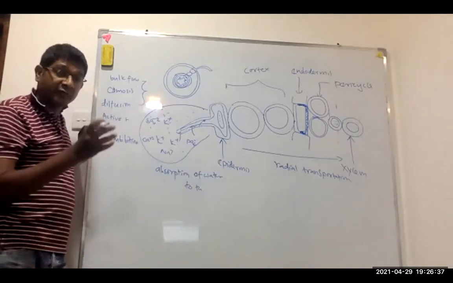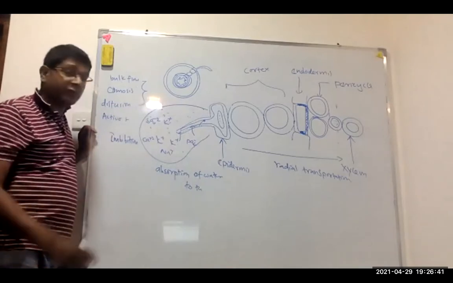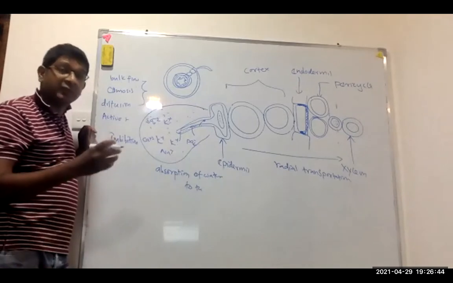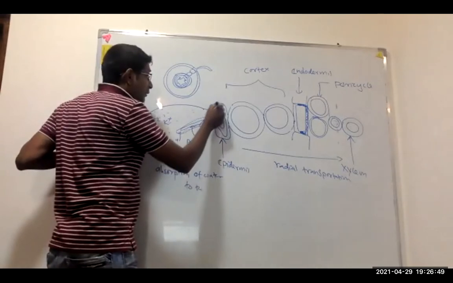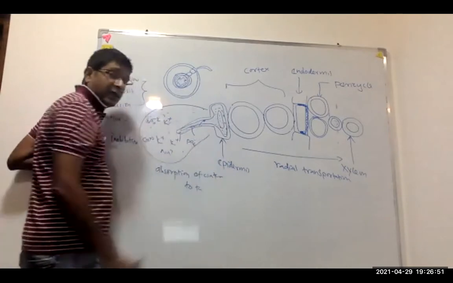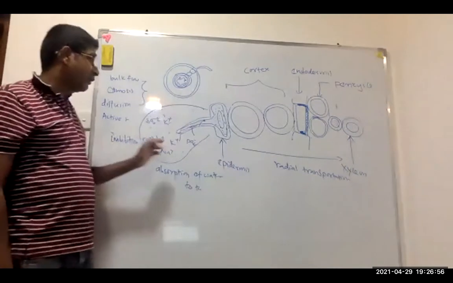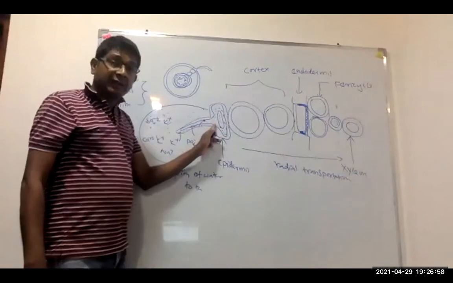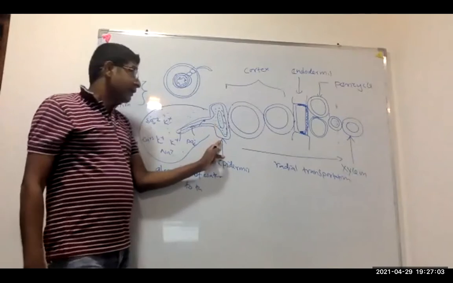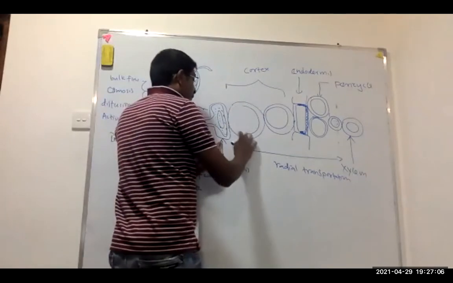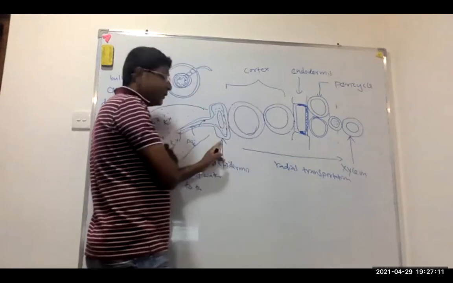That is the type of diffusion that takes place through the plasma membrane. And that is known as osmosis. The type of osmosis actually is endosmosis. Now endosmosis takes place, water now is inside the root hair cells. Now epidermal cells take more water. Now what will happen? Water potential gradually increases inside the protoplast of the epidermal cell. Now there is a water deficiency inside the cortical cells compared to the epidermal cells.